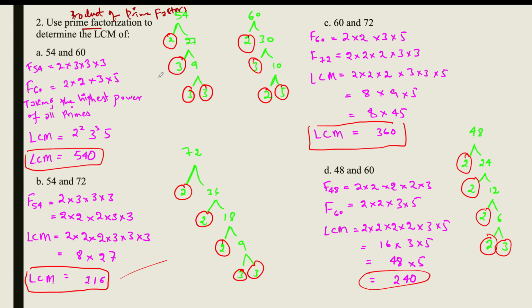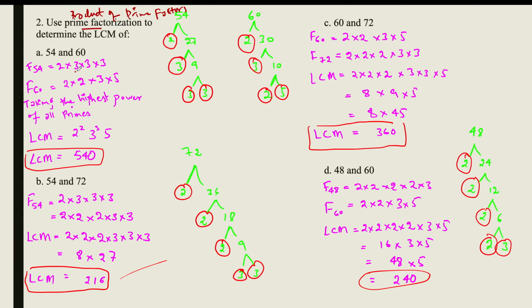Again, we can use any one of the two methods we know by now, the tree diagram or the division method. Here I have used the tree diagram method. So I have identified the prime factors, then I have expressed each number as a product of its prime factors, for both numbers. Then we take the highest power of all primes that we have as prime factors for each number. So here, the highest power of 3,